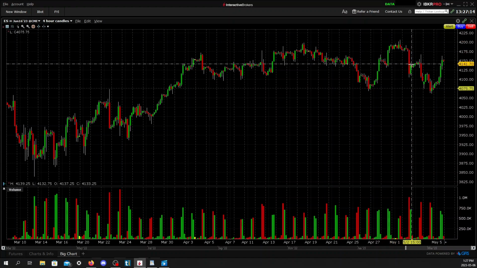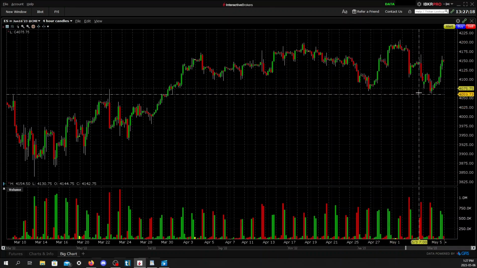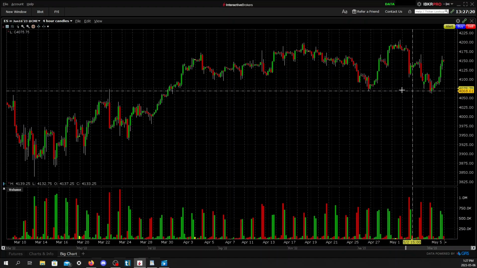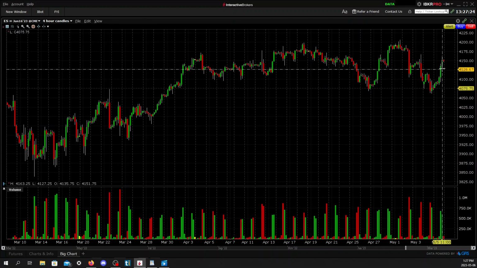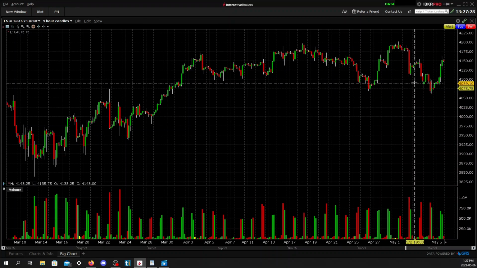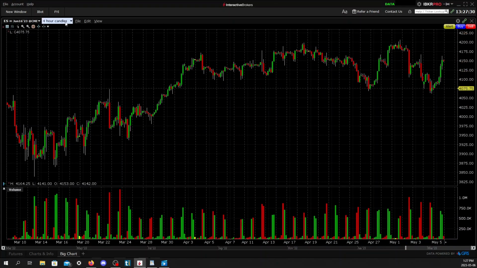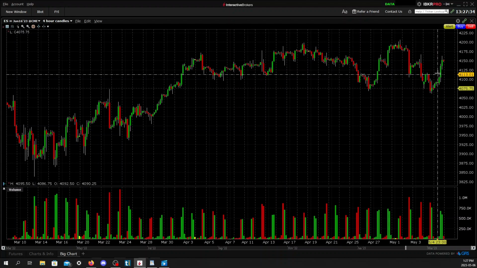We failed to hold, came back down after this FOMC announcement. But as you can see, the bulls defended this level. They broke down, but they couldn't sustain it, and then the bulls just protected it and rallied right back. So to me, looking at this structure going into the next day, I'm going to be focused on the bullish